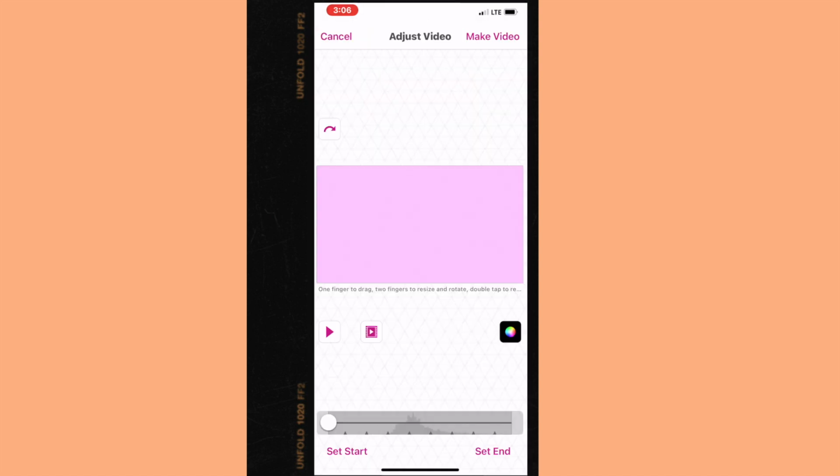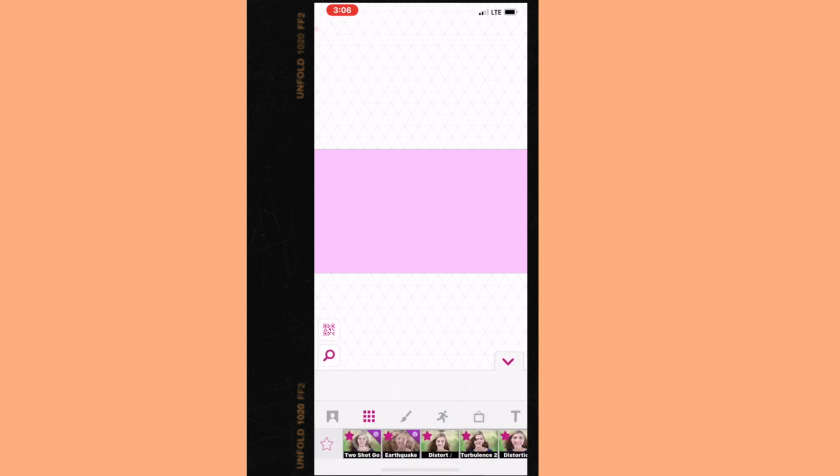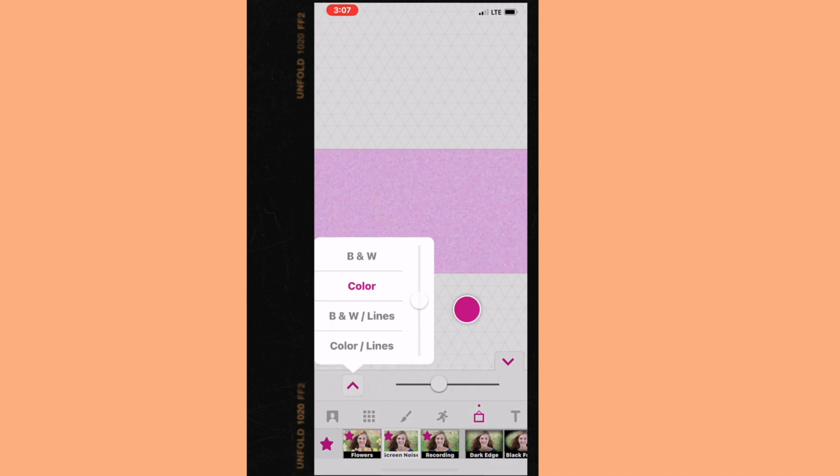I like to use this feature called noise because it gives it a cool aesthetic look. There are tons of other effects you can use as well. I go over how to use Videostar face filters in my first editing video, so if you want to know how to do that, go watch that video. Anyway, when you've found a filter you like,